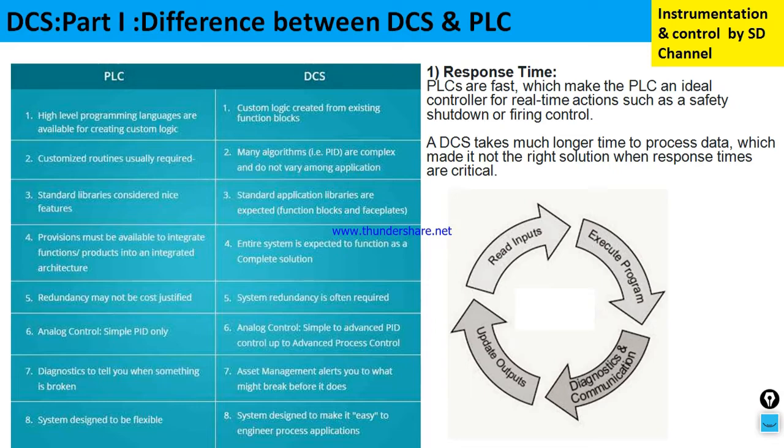Here is the advantage of PLC, and so the PLC is preferred in case of ESD system. ESD means emergency shutdown system. Suppose in one plant you have some failure and your plant reactor has to shut down immediately. In that case, for fast action, PLC is preferred. So Yokogawa also makes an ESD system, called ProSafe, which is used for emergency shutdown, because its scan time is less. So it will take action quickly.